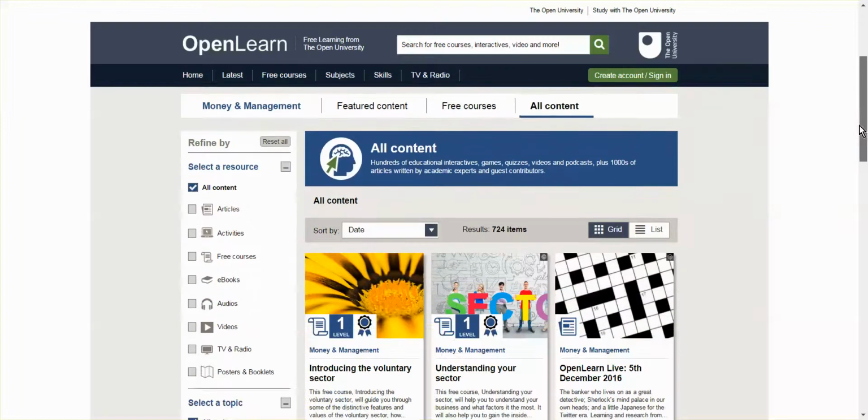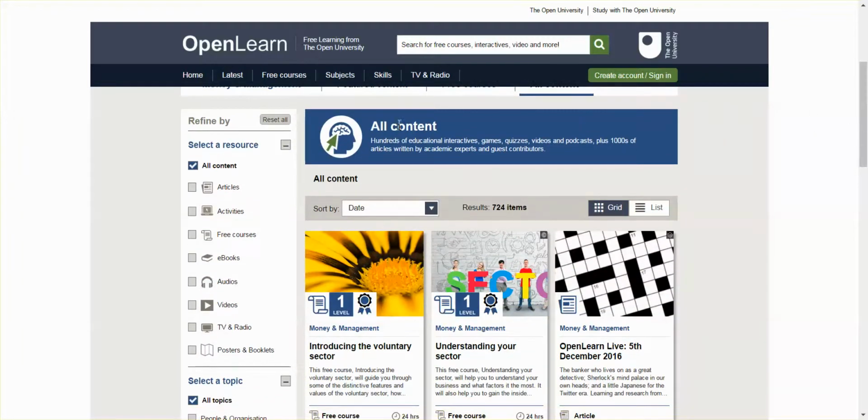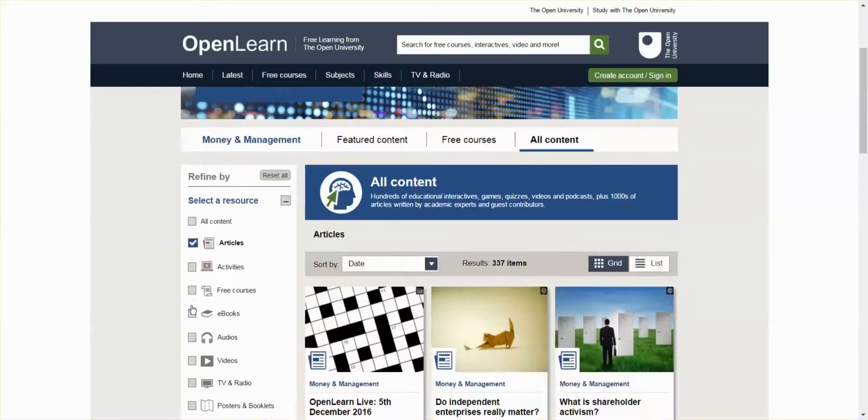it gives you the opportunity to filter further. So you've got all of the content here, so there's something like 724 items here that you can view as a grid format or as a list format, but there's a lot to get through there. So you can filter further by thinking, I just want to look at articles, or I just want to look at